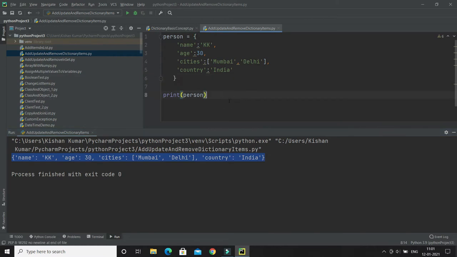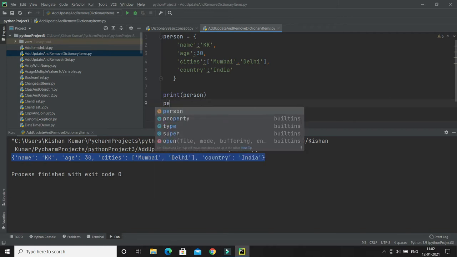Now let's explore the other concepts in dictionary. So first of all, we'll see how we can change or update any specific value in the key. When I say a specific value, it means the value corresponding to any key, right? So you can change the value of a specific item by referring to its key name. Let me tell you the way we update. So here first of all I am going to just print the dictionary as it is, and after that let's say I would like to update the age in the person dictionary.